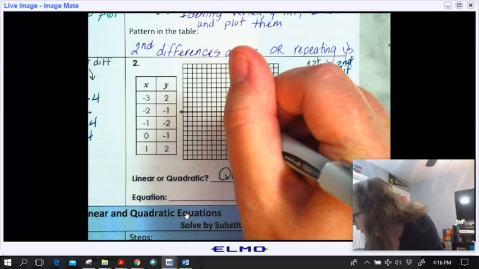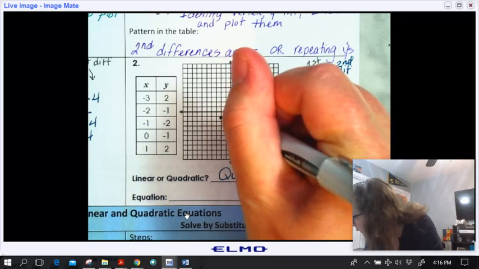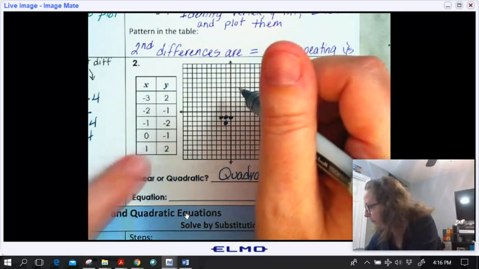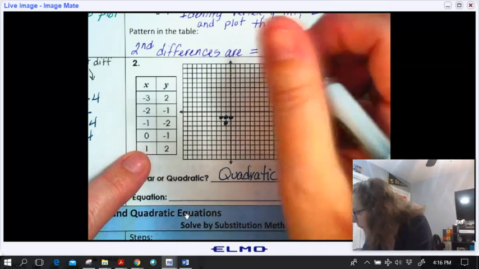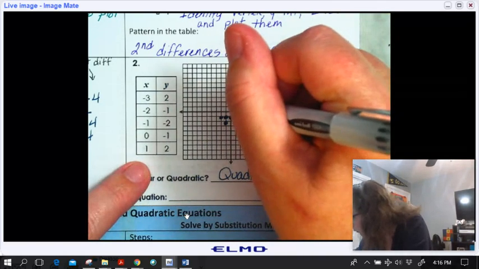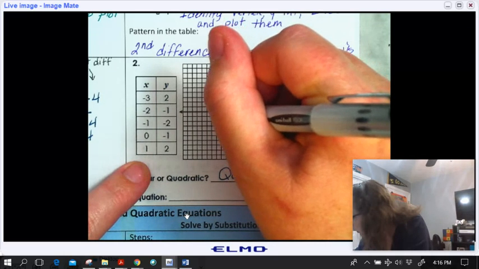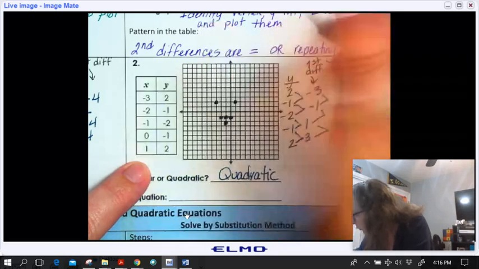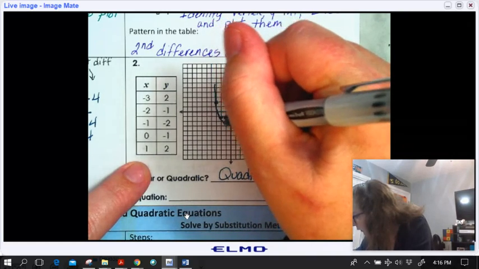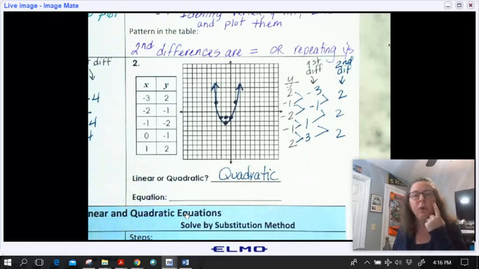I plotted that wrong. That should be down one more. And then these should be up here. And then positive 1, up 2. And up 2. So this, ignoring that one point that I made a mistake with, this is what my equation